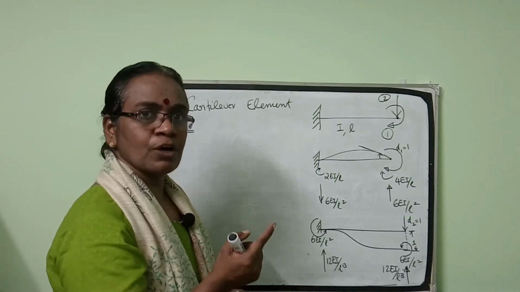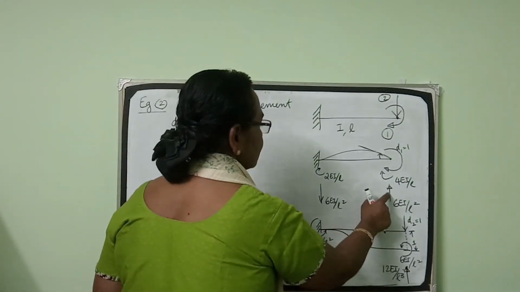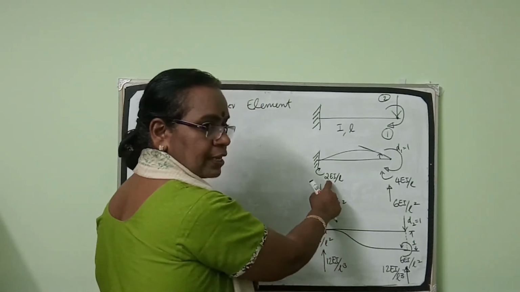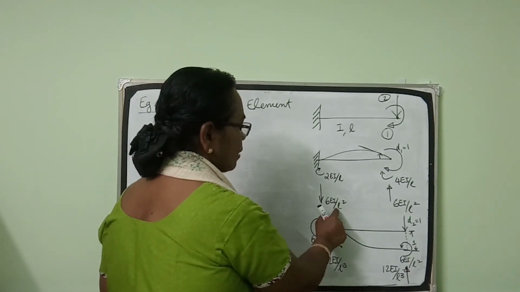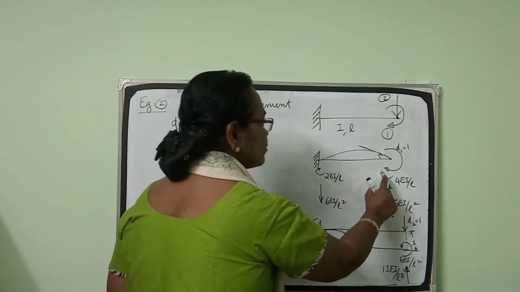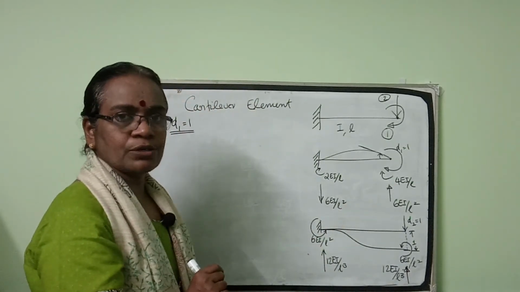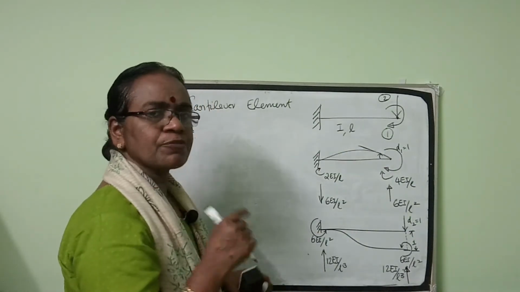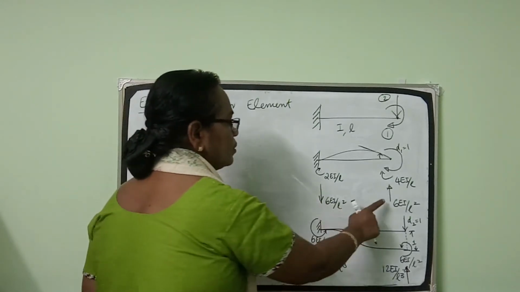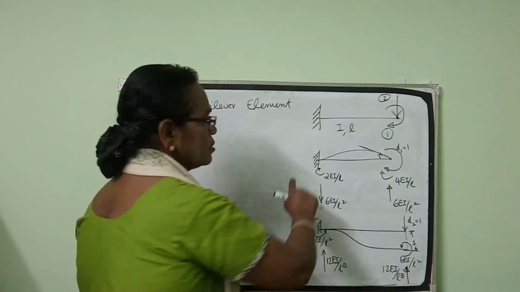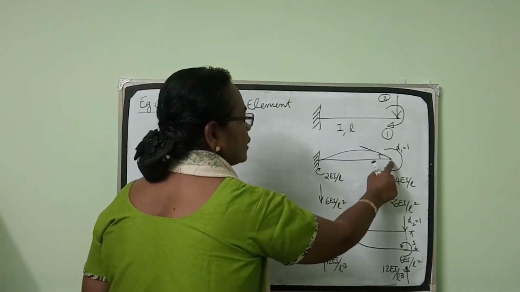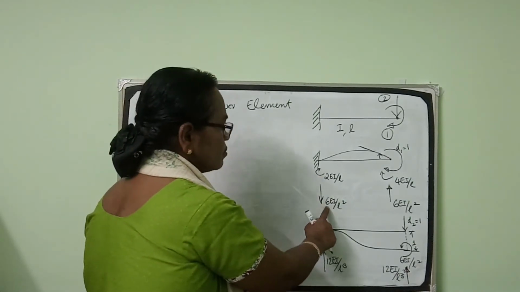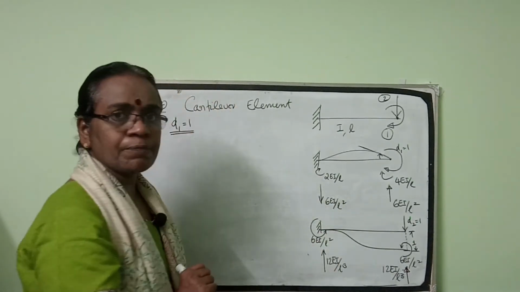So to balance that, there will be vertical forces forming a couple; 4 plus 2, 6EI by L is the moment, divided by the span. 6EI by L square will be the reaction here, and 6EI by L square will be the reaction at the other end. These two, equal and opposite, will produce an anti-clockwise couple. Just remember, if you want to produce an anti-clockwise couple, left down, right up. This is what happens when we give unit rotation at this end: a moment of 4EI by L, 2EI by L at these ends, and vertical forces 6EI by L square downward and 6EI by L square upward.